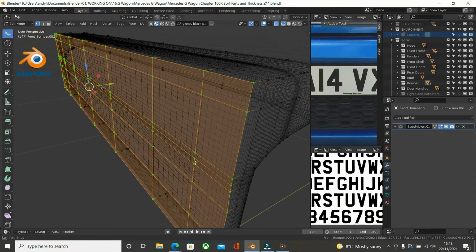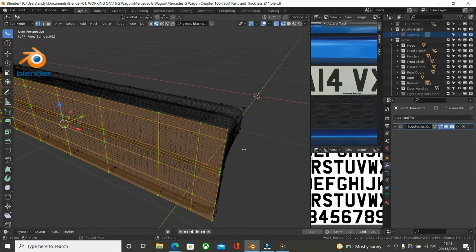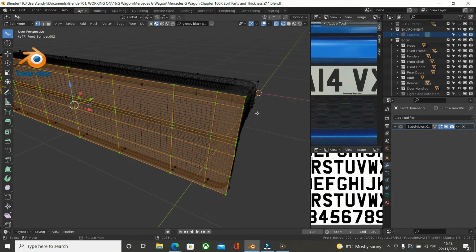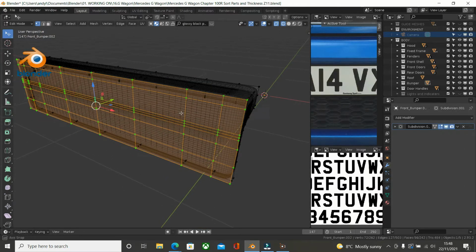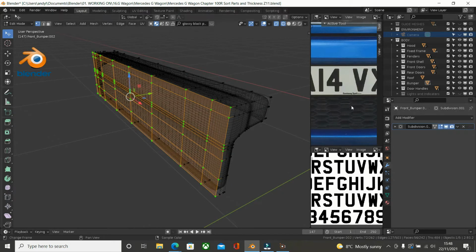Okay, now we still need to adapt this, so before I copy or duplicate and do the actual plate, this still needs to be